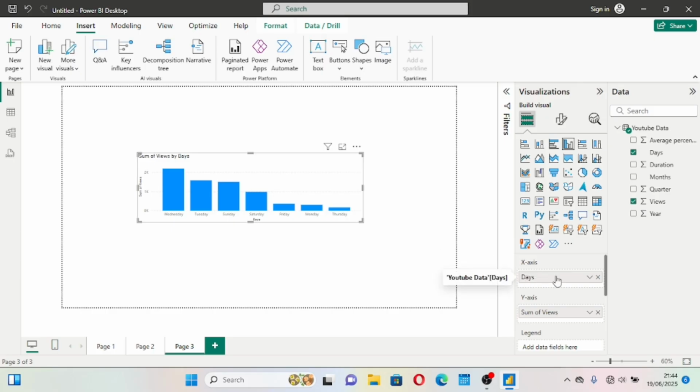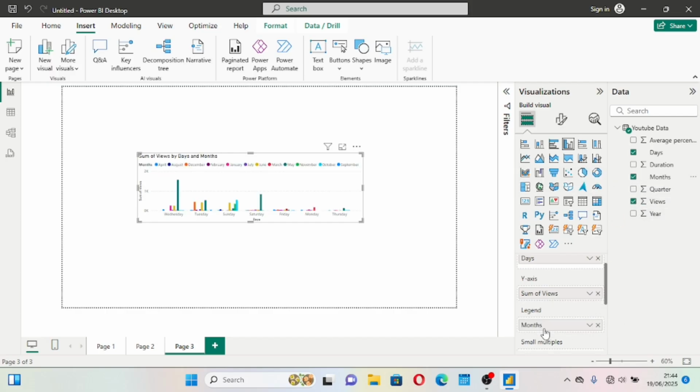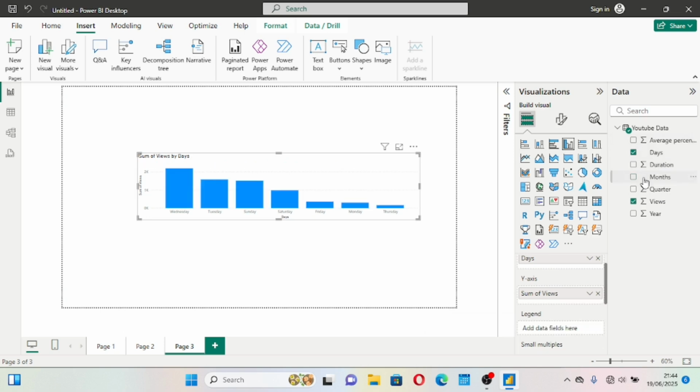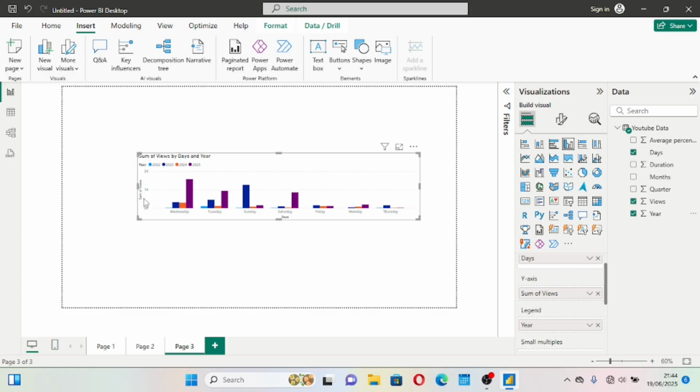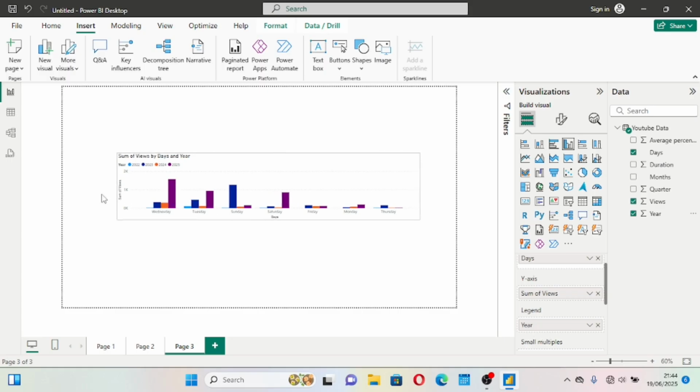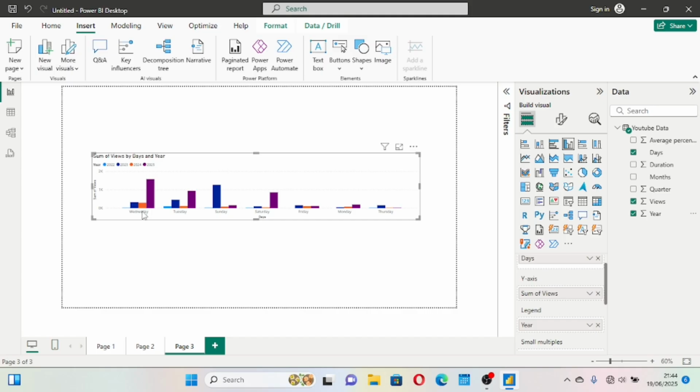Now we have the days on X axis and we have the sum of views on Y axis. I want us to look at the days of the month. So I'll take month and bring it under legend. Okay. Or I want to look at the days of the year so that my visual doesn't have a lot of stuff there. Okay. Perfect. So you see that here now, if I come to Wednesday, it shows that in 2025